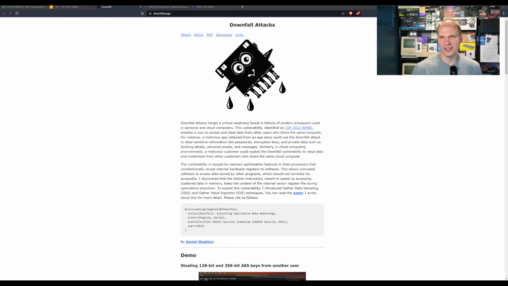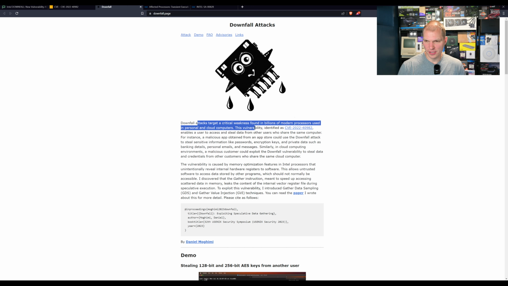Now, we'll head over to the Downfall webpage. Great page. I mean, great little description. They really do a good job here. I have to say that some of these security researchers really make it nice and fun, even with how serious some of these attacks and vulnerabilities are. So this attack is a critical weakness, as they call it, found in billions of microprocessors in personal and cloud computers. Now, the CVE number I will post in the description below, along with